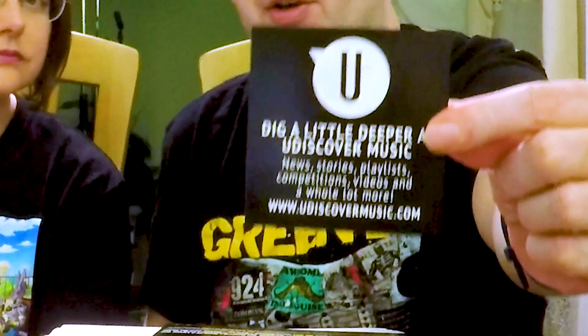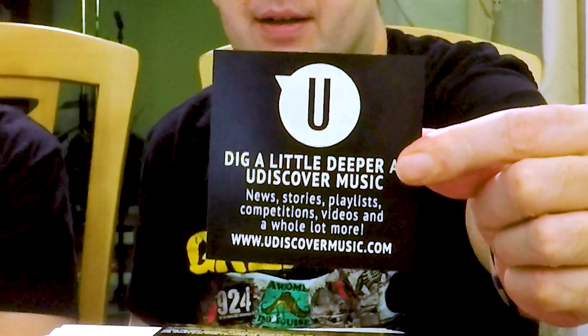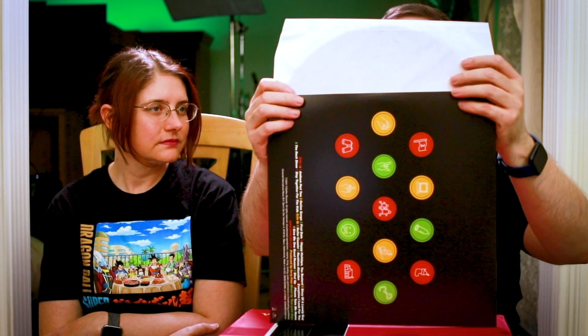So it comes with a digital download as well, which I'm not gonna show you the back of, even though I already own this on CD and everything else. But again, keep in mind this one did not count as a subscription pick. This one I did purchase, and I'm very stoked to listen to that. It's a great song to just bounce around the garage to with a vodka and...